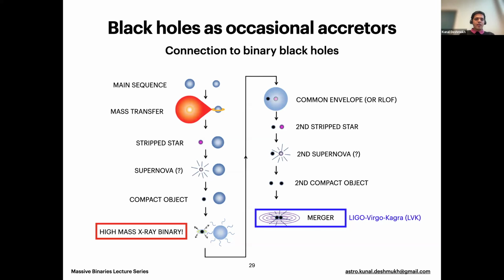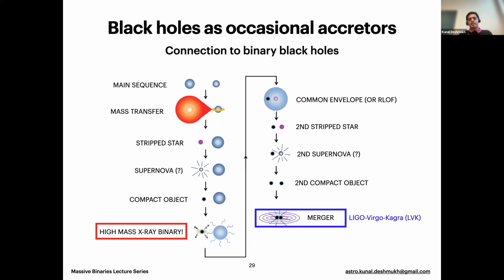is, for high mass X-ray binaries, they still need to go through a lot more before they can merge. Some key aspects that need to be satisfied are they have to survive common envelope, the second star has to collapse into a black hole, and they have to merge within a Hubble time. So what we are seeing in LIGO Virgo KAGRA, that we want to compare to high mass X-ray binaries, there's still a lot of uncertainty